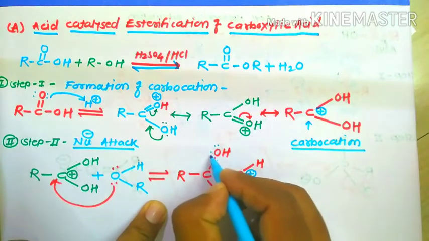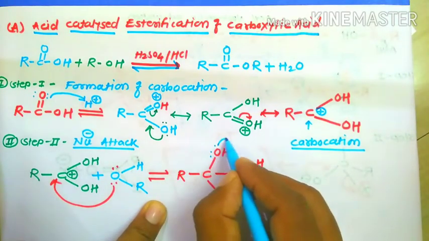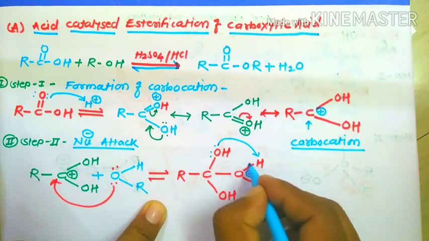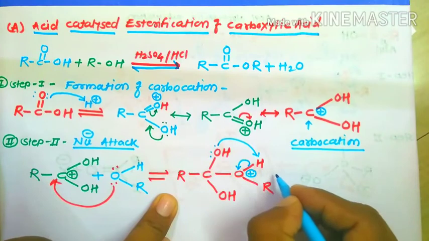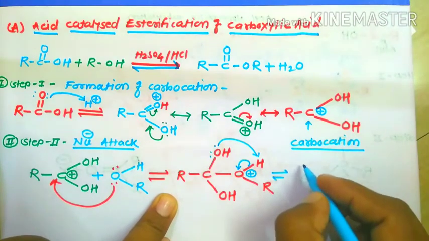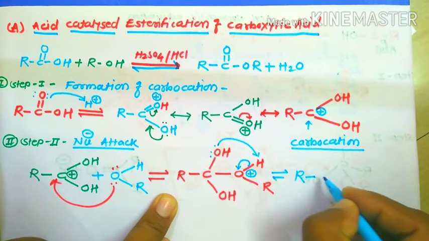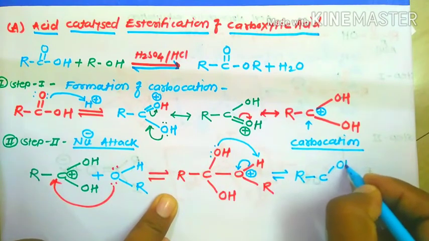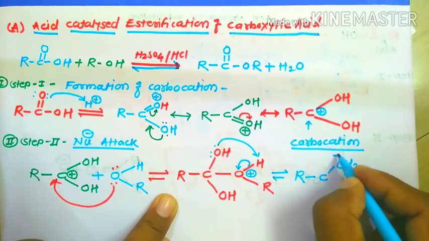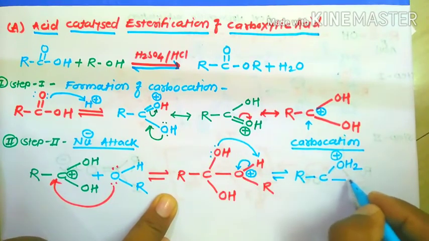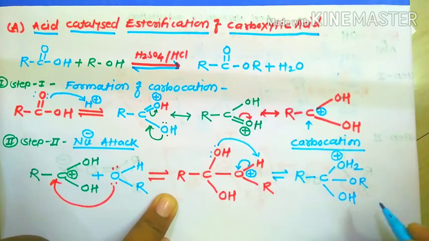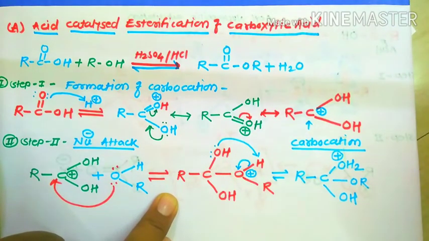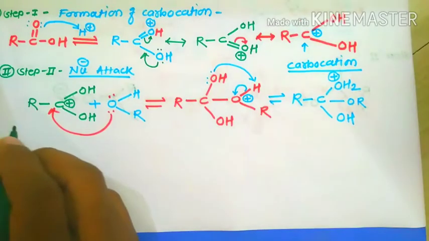This oxygen containing a non-bonded pair of electrons abstracts an H plus ion, then the bonding electrons shift to form the compound R-C-OH2, where the oxygen again contains a positive charge, with OR and OH. Okay. This is step second. Step third,